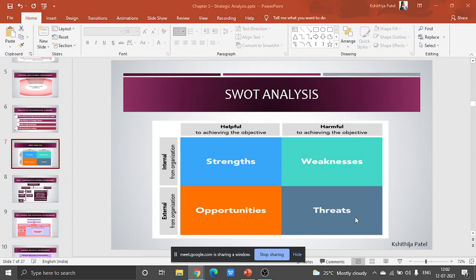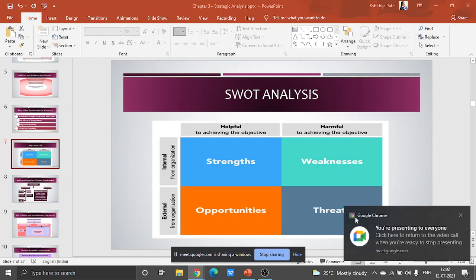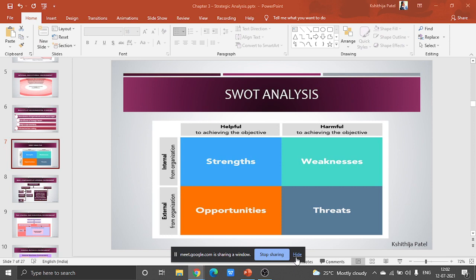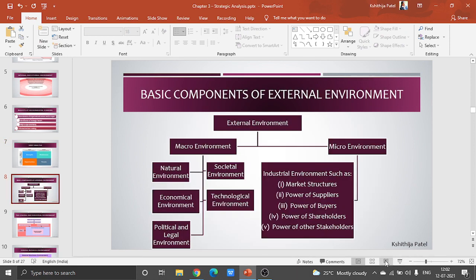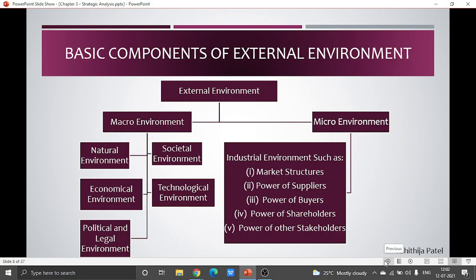So, in our last class, we had stopped discussing up until this point of SWOT analysis. In today's class, we shall start from the basic component of external environment. I do understand that you have studied this a lot of times, but you observe, I've tried to put it in a different way. The micro environment